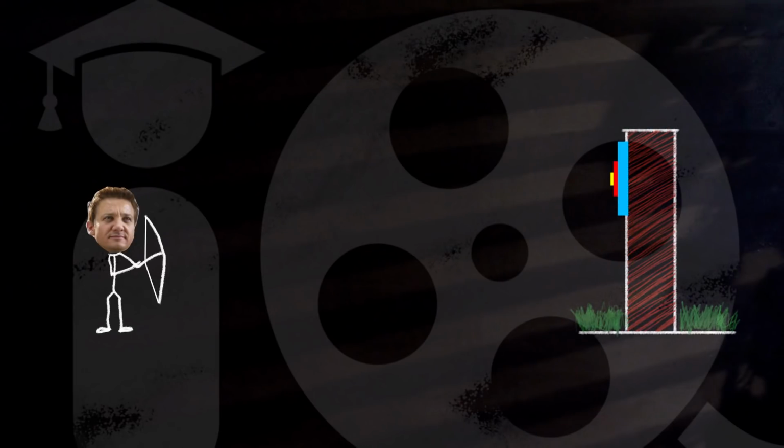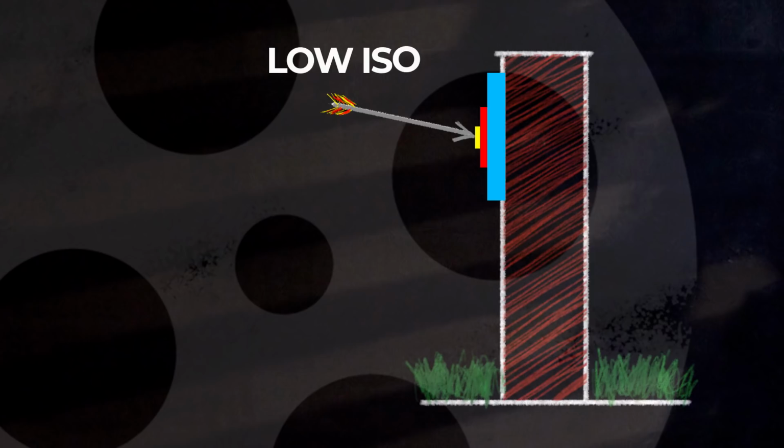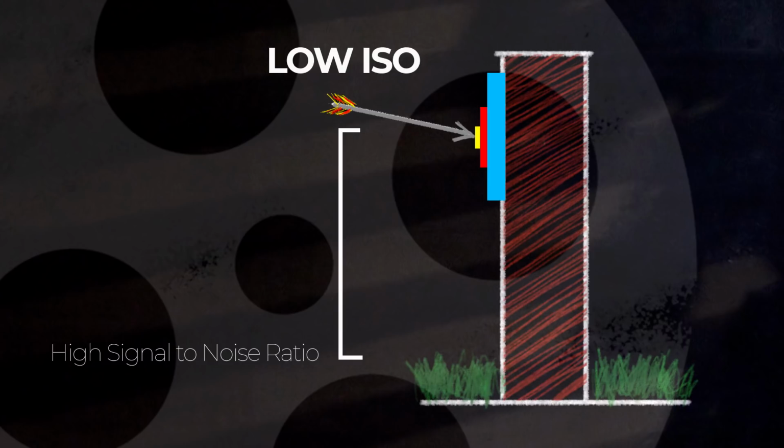to that noise. So now let's mix our character analogies together and give Hawkeye some spinach, and he gets his energy back up. Now we can set the target higher, a lower ISO rating, and Hawkeye's exposure arrow lands up here. The weeds and the grass at the bottom of the wall don't disappear, they're still there. It's just that our target is now farther away from the weeds. Our signal to noise ratio is stronger, therefore less perceivable noise.